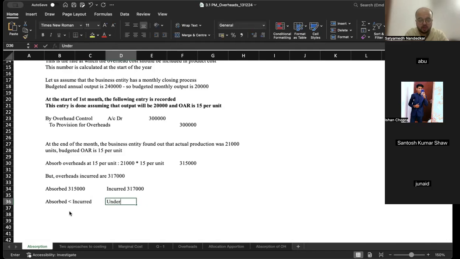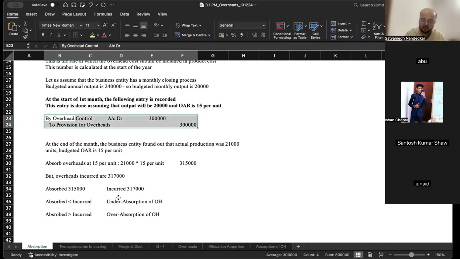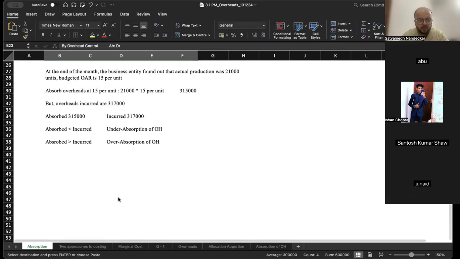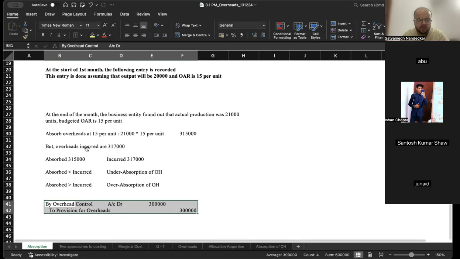This situation is called under absorption of overheads. And if absorbed is greater than incurred, it is called over absorption of overheads. So if the overheads absorbed are less than the overheads incurred, that is called under absorption of overheads. Now, what we are going to do is record this particular entry,